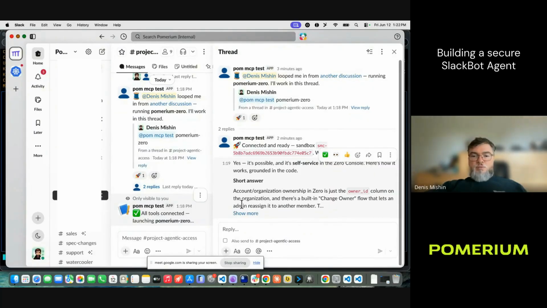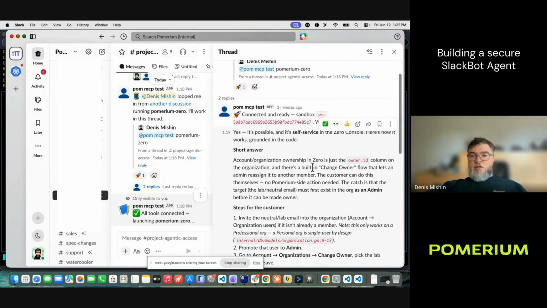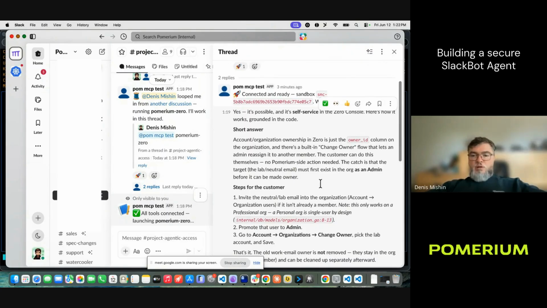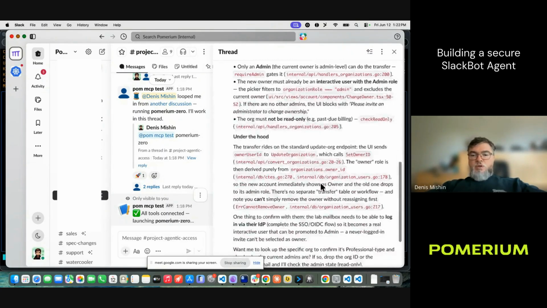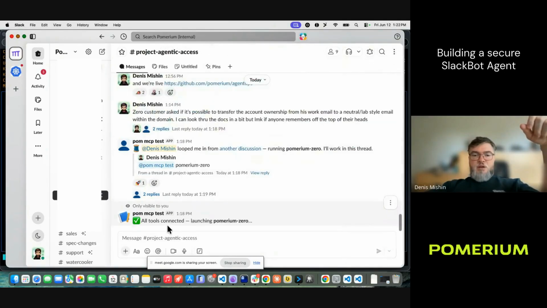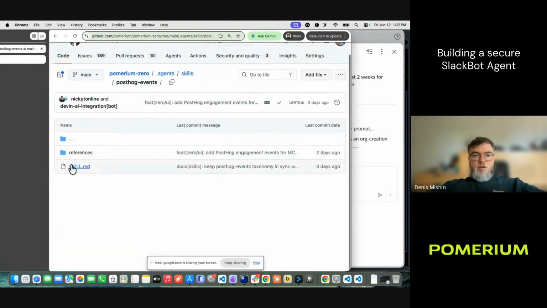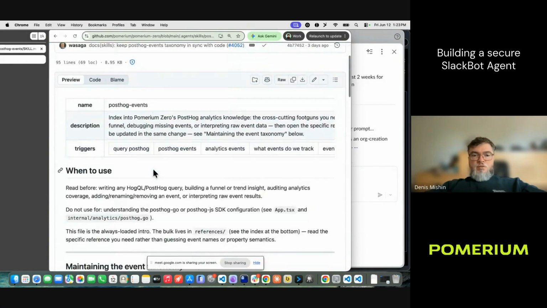Okay, and yeah, so we got an answer, which is based on actual code knowledge. We didn't really call anything remote here, but for example, if we don't like something, we can theoretically say create a Linear issue straight from this context. So this is how we define the skills. For example, PostHog events have this skill file that defines